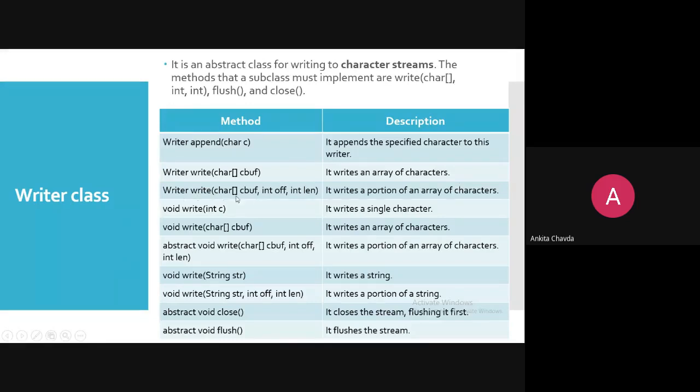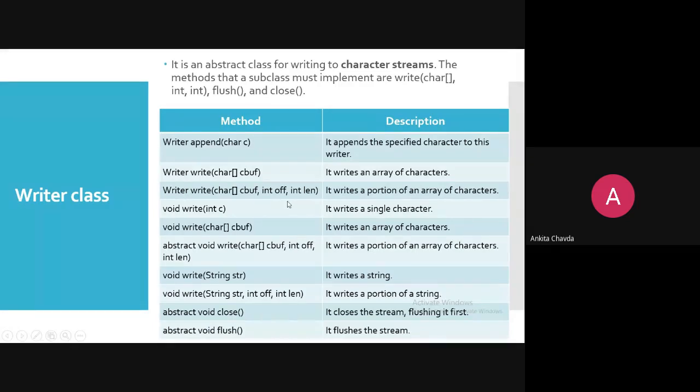Again, write with a character array, integer offset, integer length. So it writes a portion of an array of the characters. But here I have just shown you that this is the abstract method. They both are the same, right?